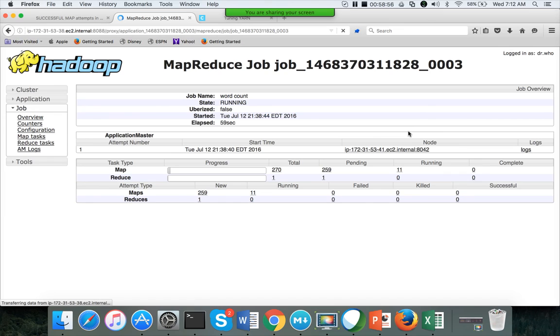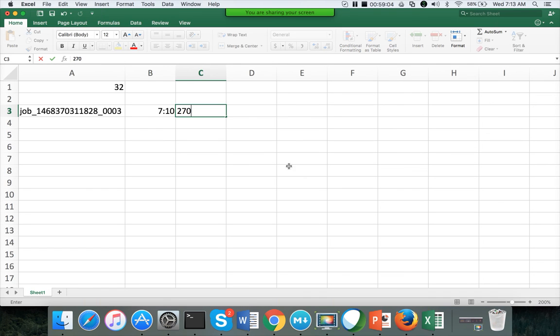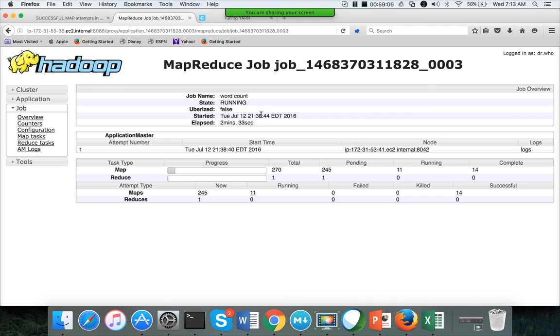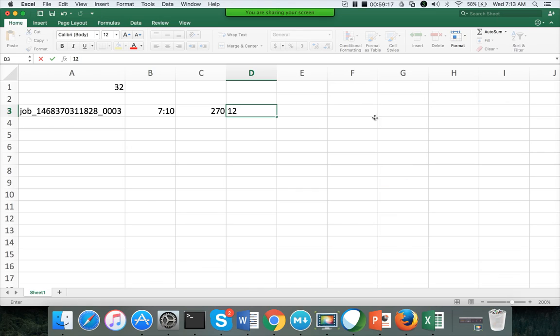One is going for application master. So including application master, at any point in time it can only run 12. That's why everything is being used now. That's why you are seeing 11 running, and these are map tasks, and one for application master. So the entire cluster capacity. So what is this 32? Actually, our cluster capacity is only 12, not 32. Okay, so the entire cluster capacity is being used by this job, and so let me fill these things.